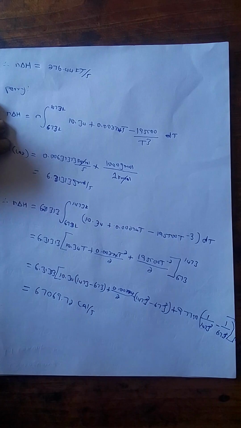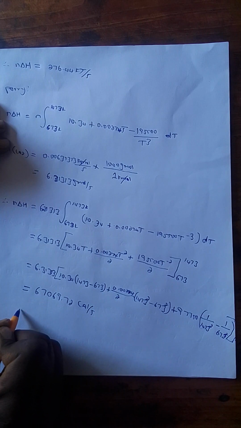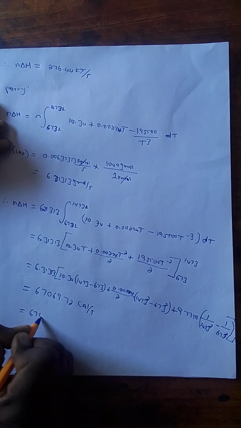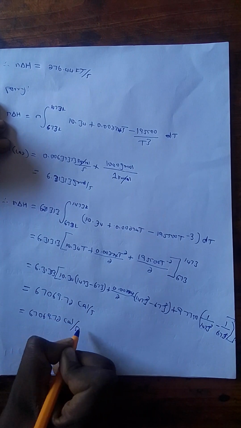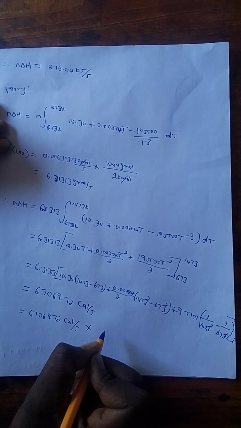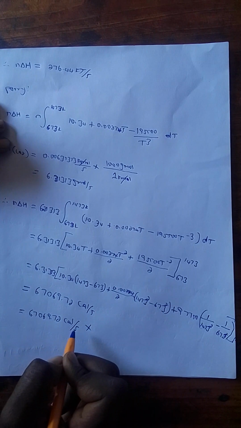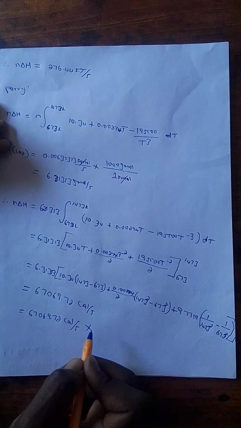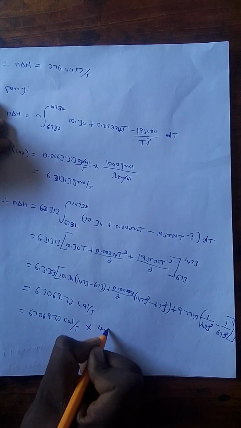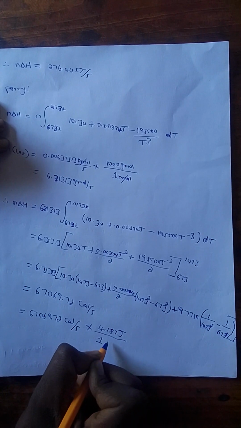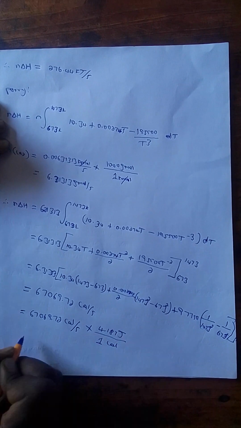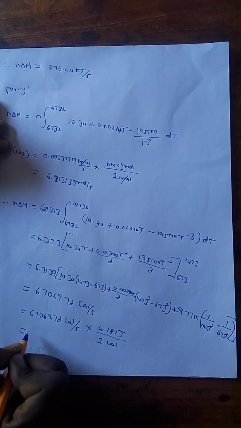So for a better comparison, we need to convert this to kilojoules per second. 67069.72 calories per second multiplied by 4.187 joules over 1 calorie,